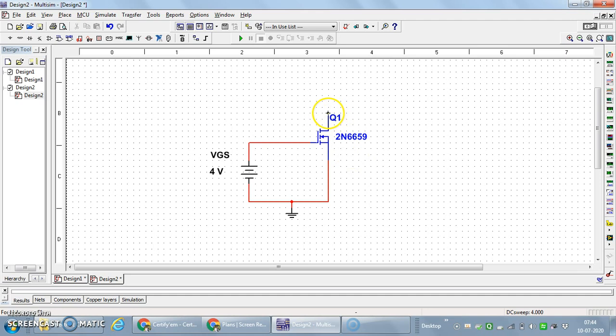Now after that I want to connect this drain terminal with the gate terminal. This is the circuit completion. So the circuit is completed. This is a DC source with 4 volts, and I have given the label as gate to source voltage. This is the MOSFET. We can give labels to these terminals as well. So this is the drain, this is the gate terminal, and this is the source terminal.